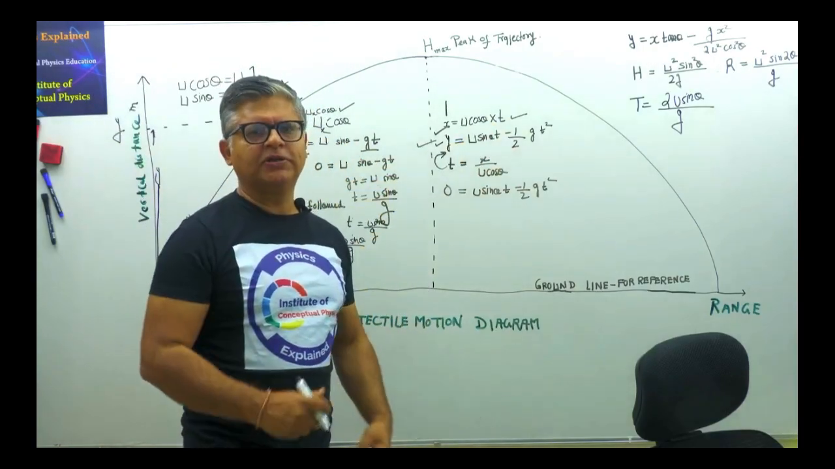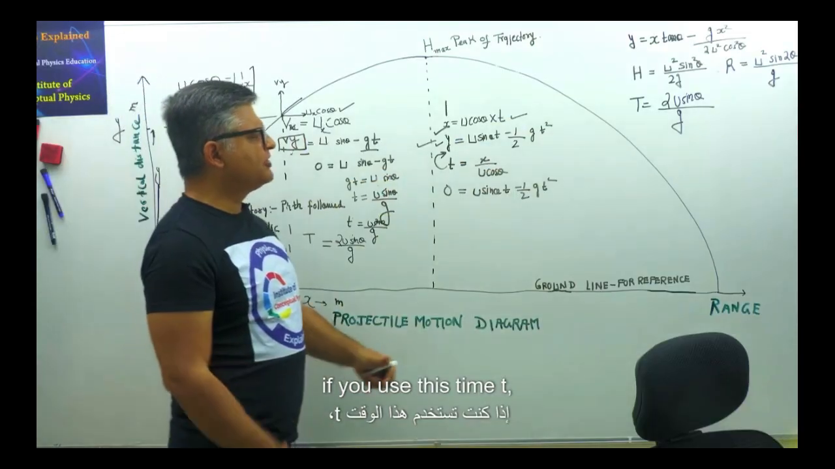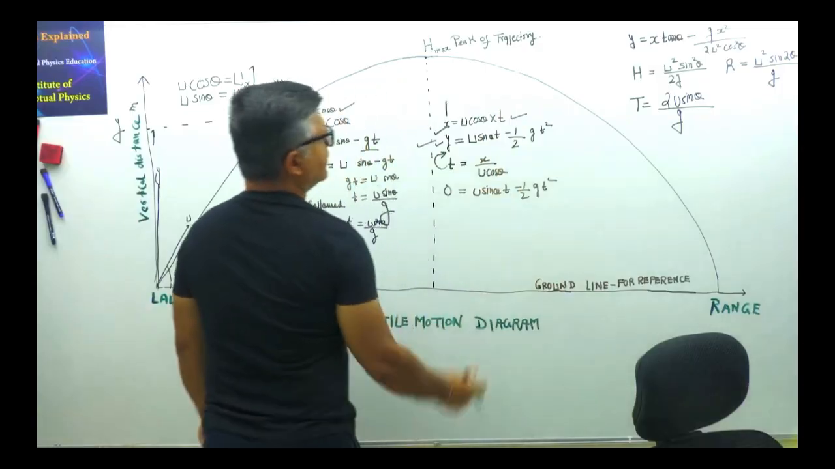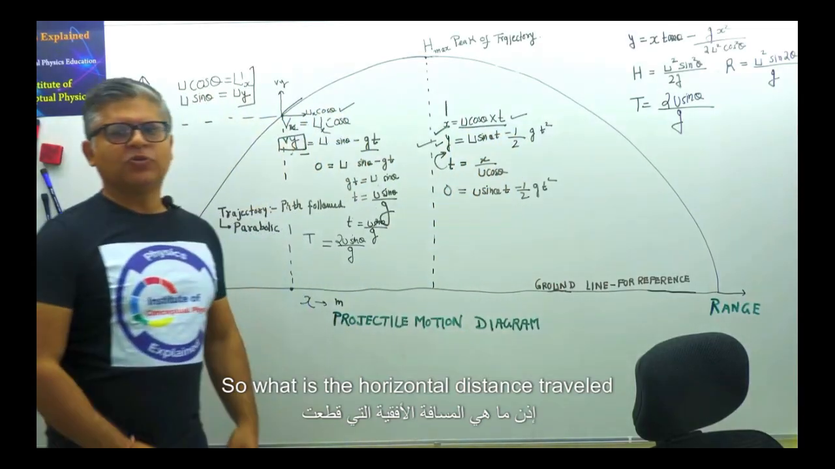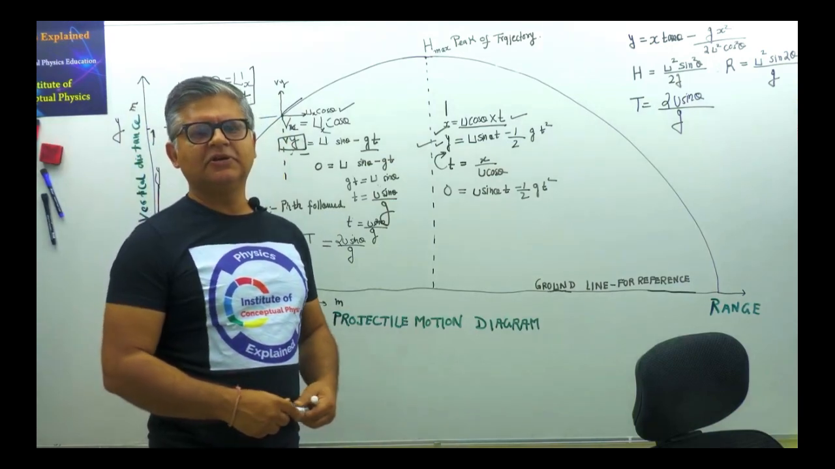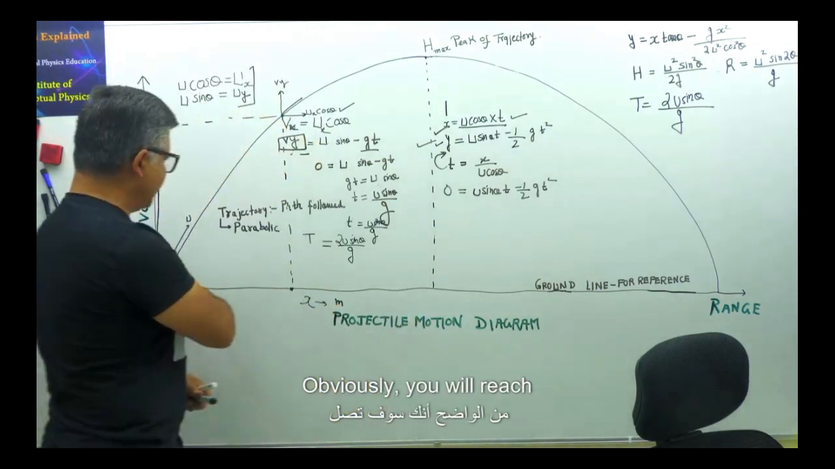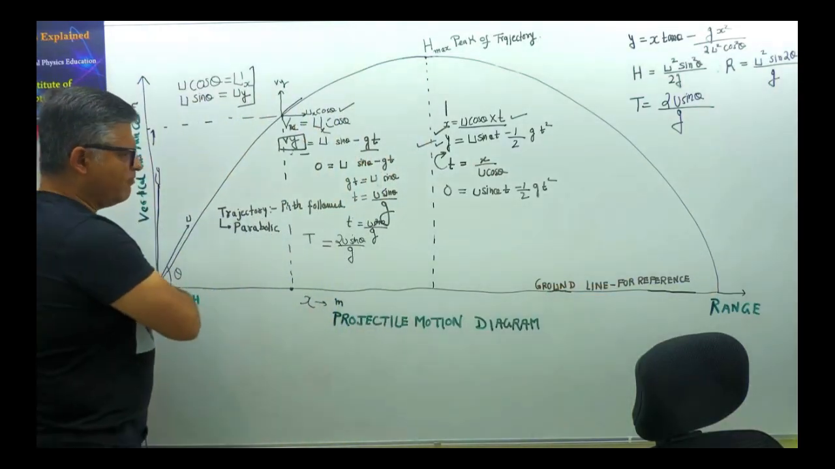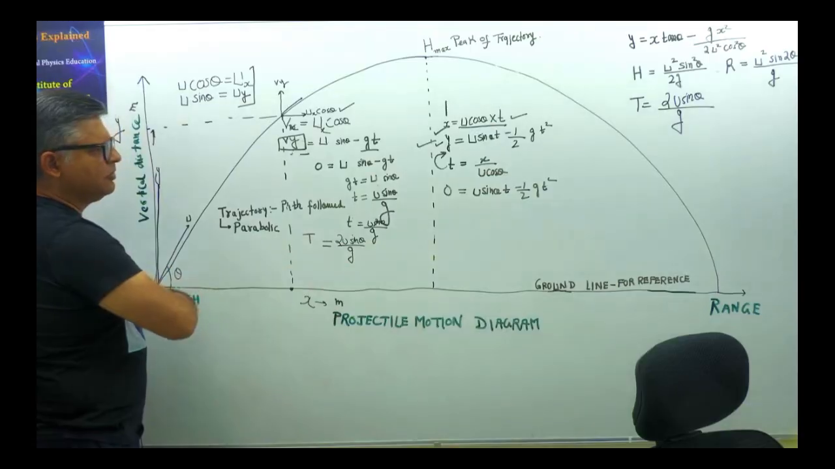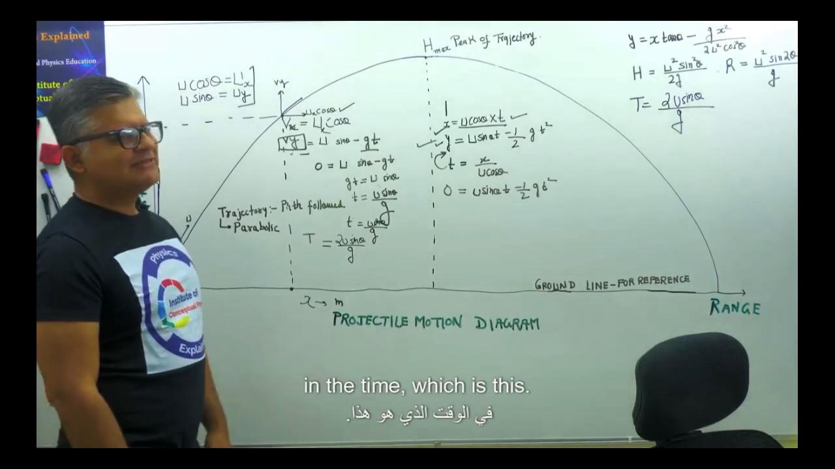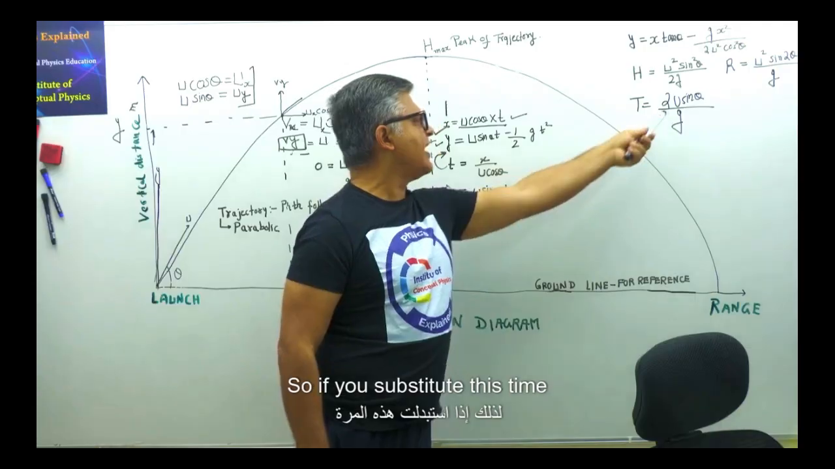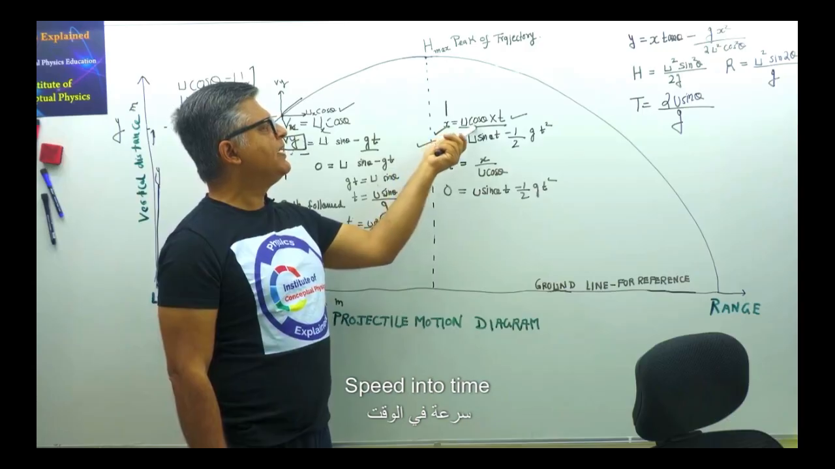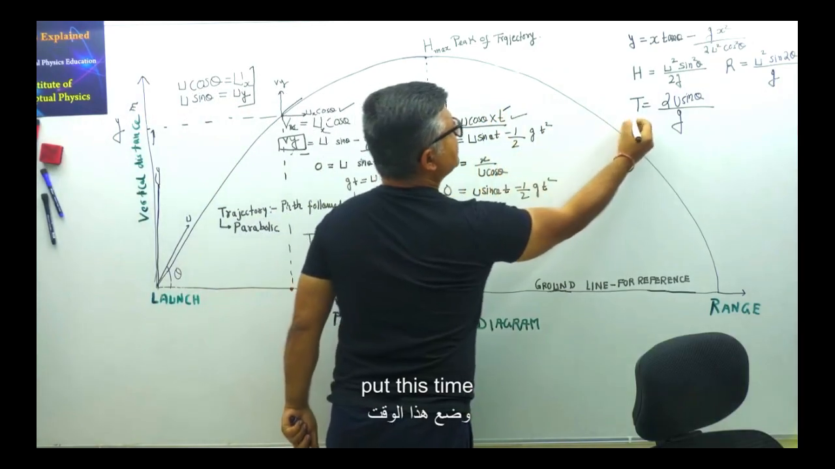Memorize this, very important. Now, if you use this time t, the total time of flight, in the horizontal distance, what is the horizontal distance traveled through this time of flight? Obviously, you will reach the farthest point, the range. The range is the maximum horizontal distance traveled from the point of launch in the time, which is this. So if you substitute this time in the horizontal displacement expression, speed into time, here put this time, you will get the